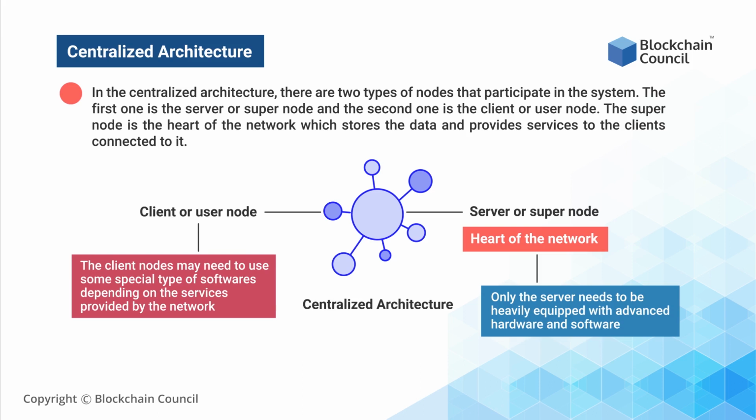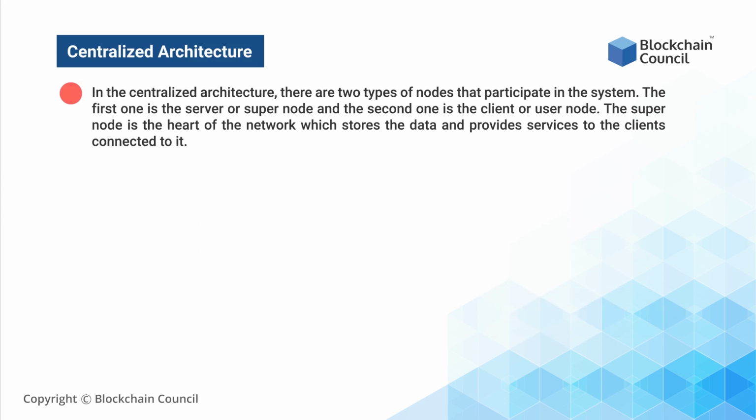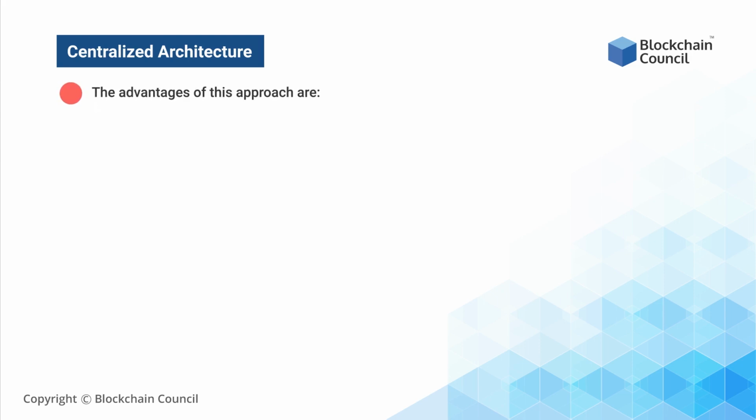There are tons of centralized networks available around us. For example, a school network, a home Wi-Fi network, etc. It does not require much effort to establish the network, and it is easier to manage the system. The traditional approach comes with its set of advantages and disadvantages. The advantages of this approach are as follows.